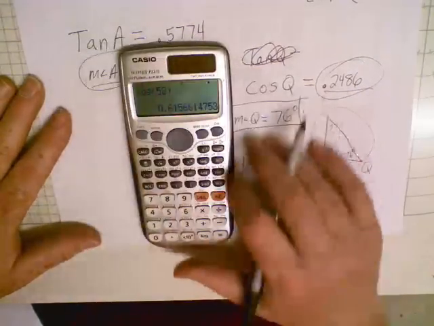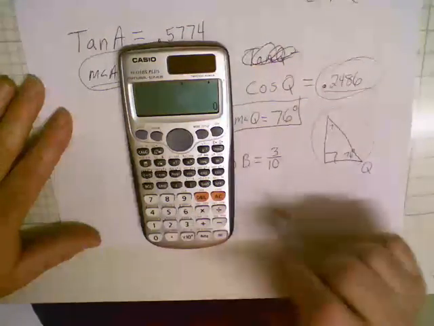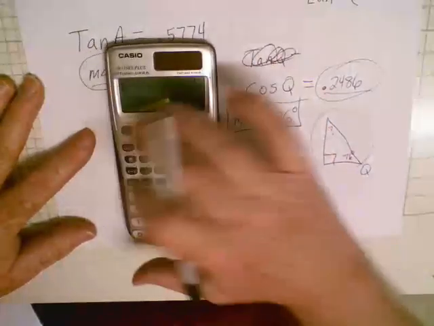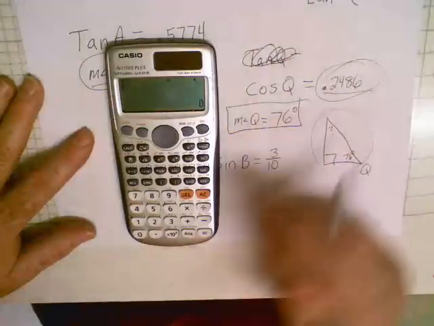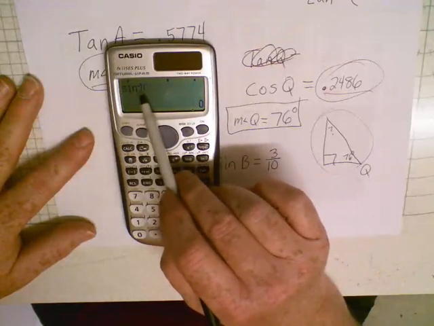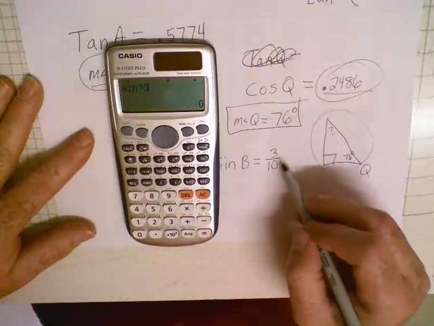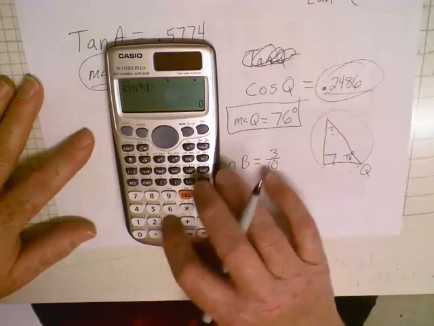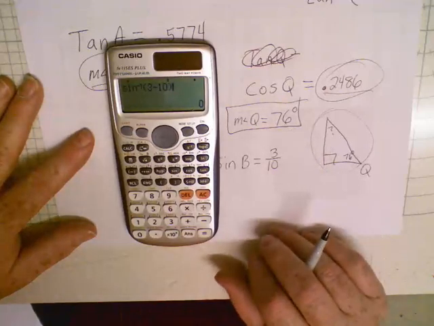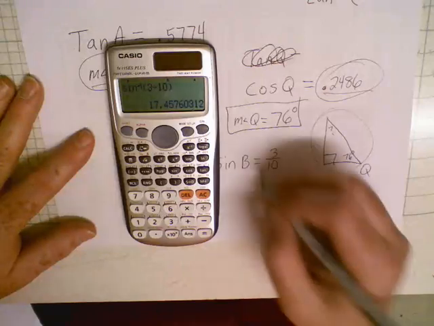So on my calculator, I'm going to hit clear, get rid of all that mess, and we want the sine, so I'm going to hit shift on the Casio. On the other calculators you hit second. Sine, notice it pulls up the same thing, sine -1. And we punch this in, 3 divided by 10, close the parenthesis. It'll do all that for you. It'll take care of that fraction, and it tells you